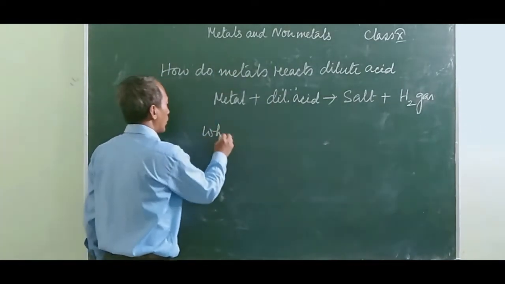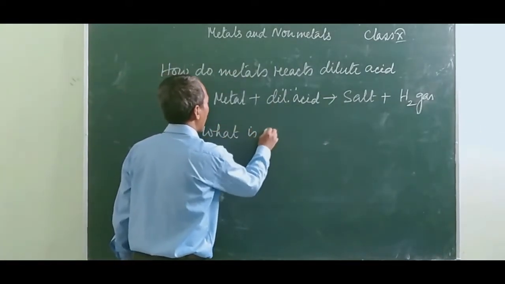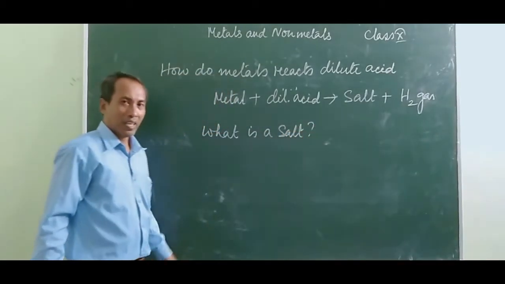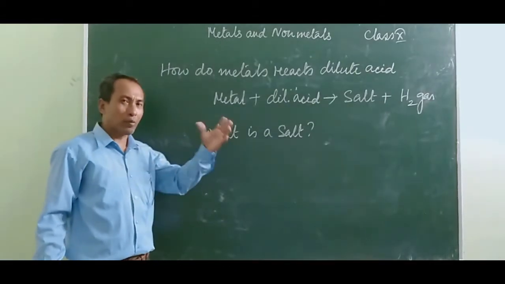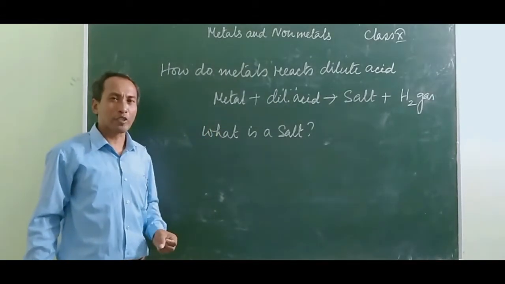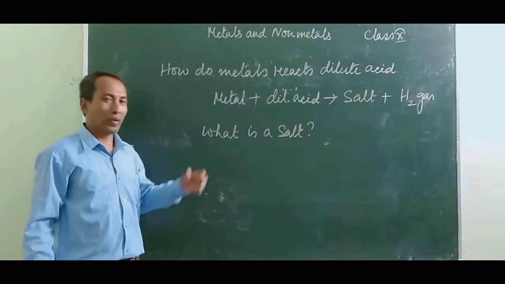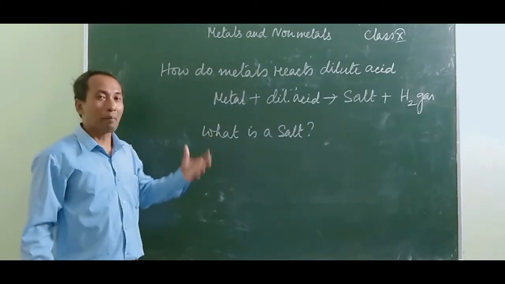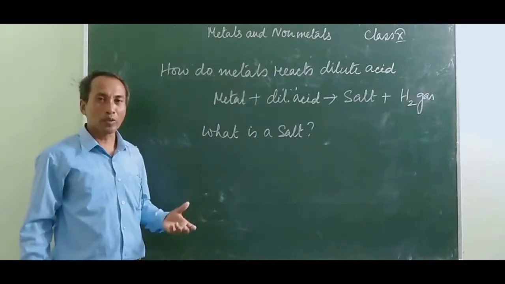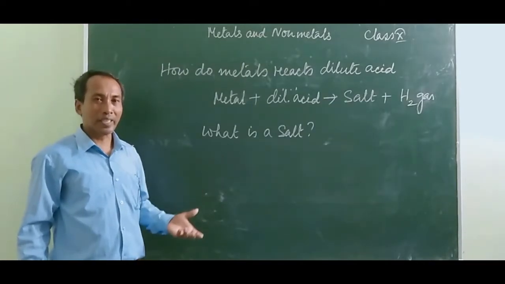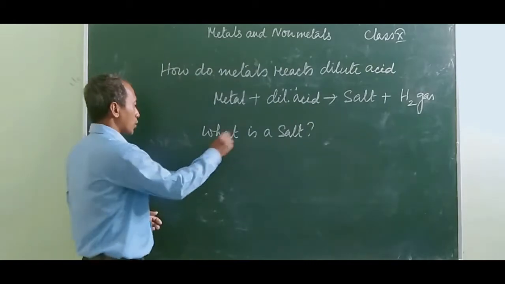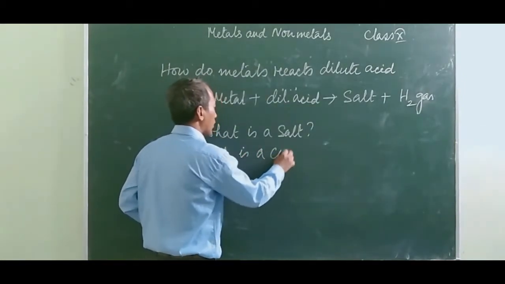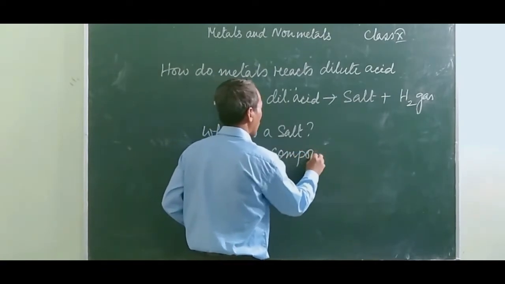So what is a salt? Any one of you can assume what is a salt. If you can say, that is very good. So what is a salt? It is a compound made up of basic radical and acid radical. Salt is a compound